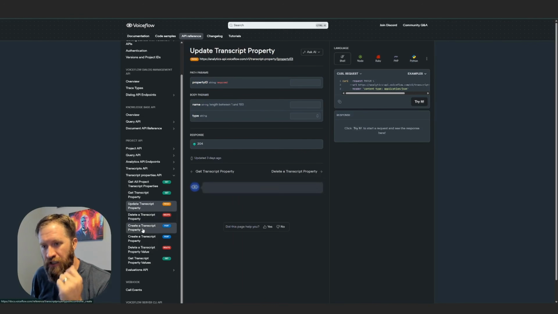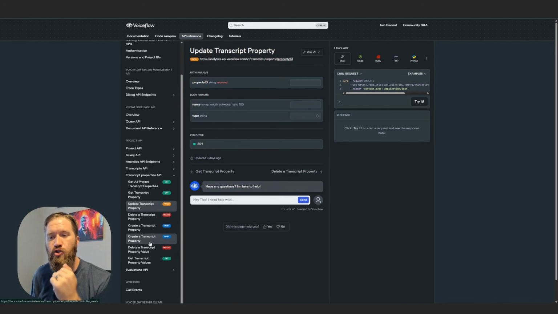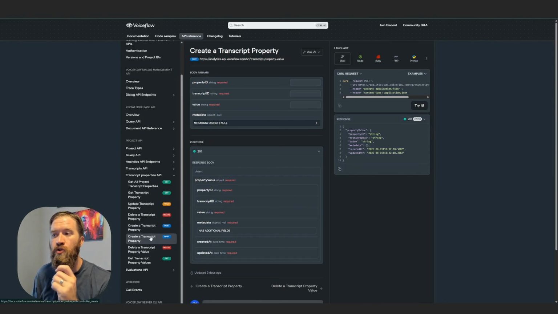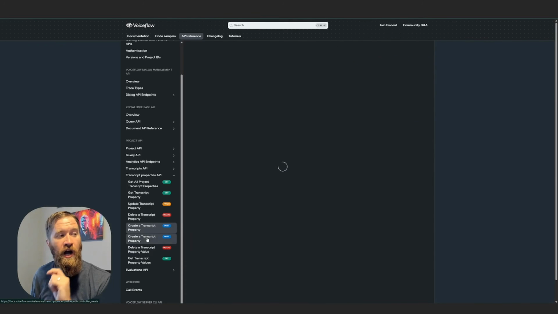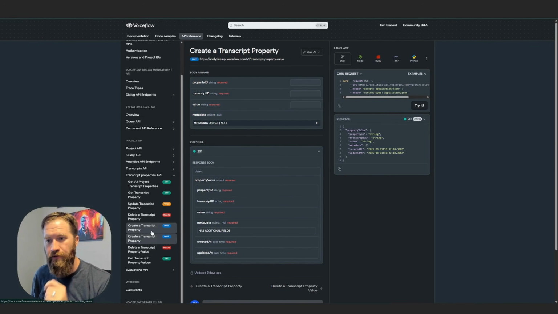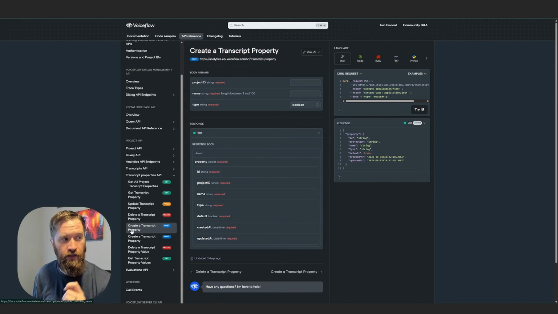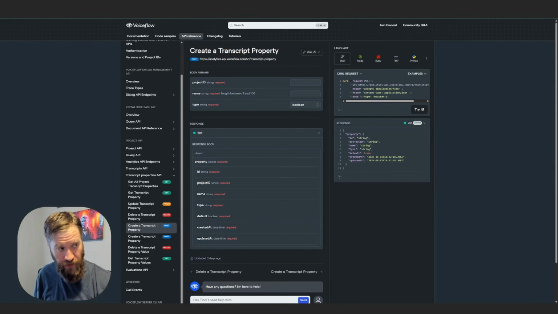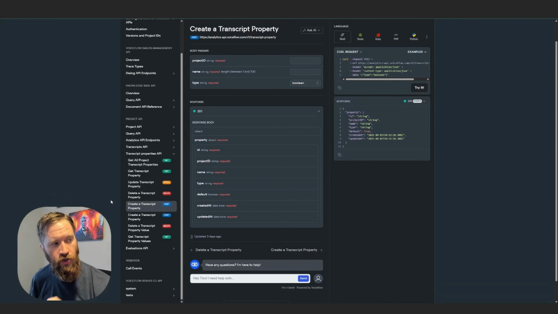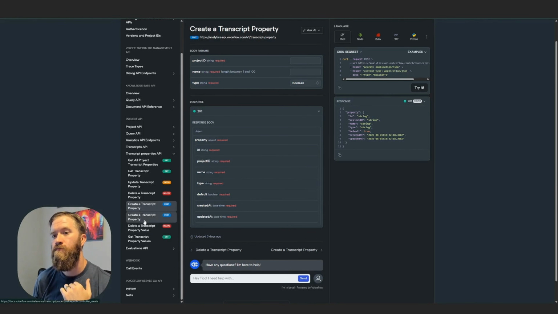If you needed to update or create a new transcript property, you can also do it from the API here. I think that if I remember reading something correctly, they talked about making this available through the dashboard as well for creating new properties, unique properties. Feel free to correct me on that if I am wrong, Voiceflow. But either way, this is allowing you to add unique tagging, specific properties, furthering whatever you need to do to filter to gain the data that you want.